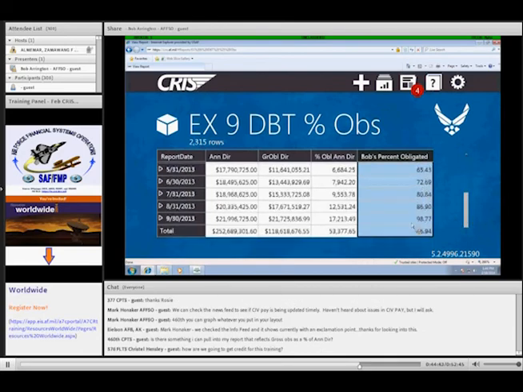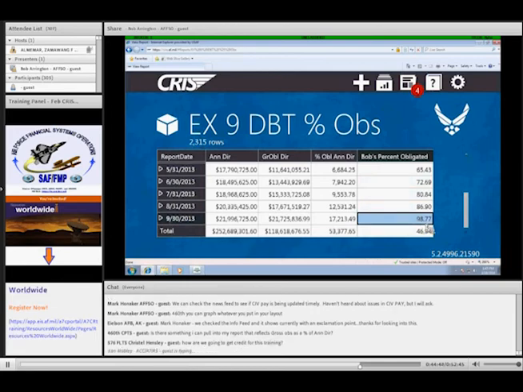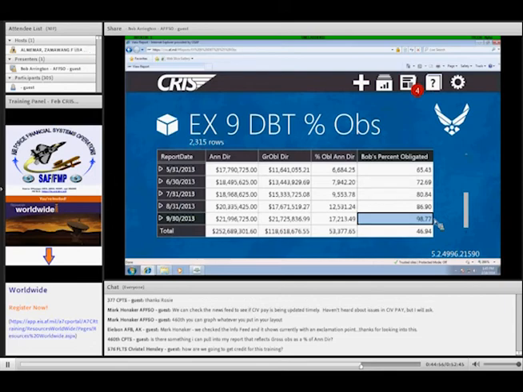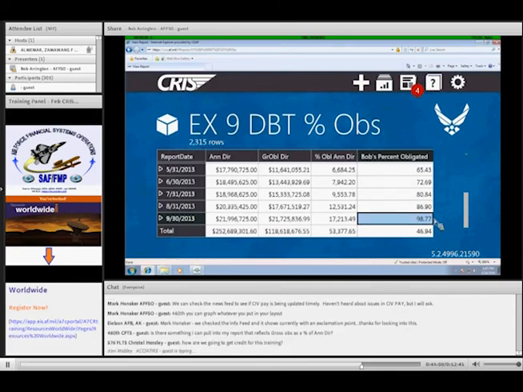I finished up the year right here on September 30th at 98.77% obligated compared to my annual direct. So those data elements do exist in CRIS. You can bring those into the layout and use them. Just remember that the percent annual direct CRIS one is broken.